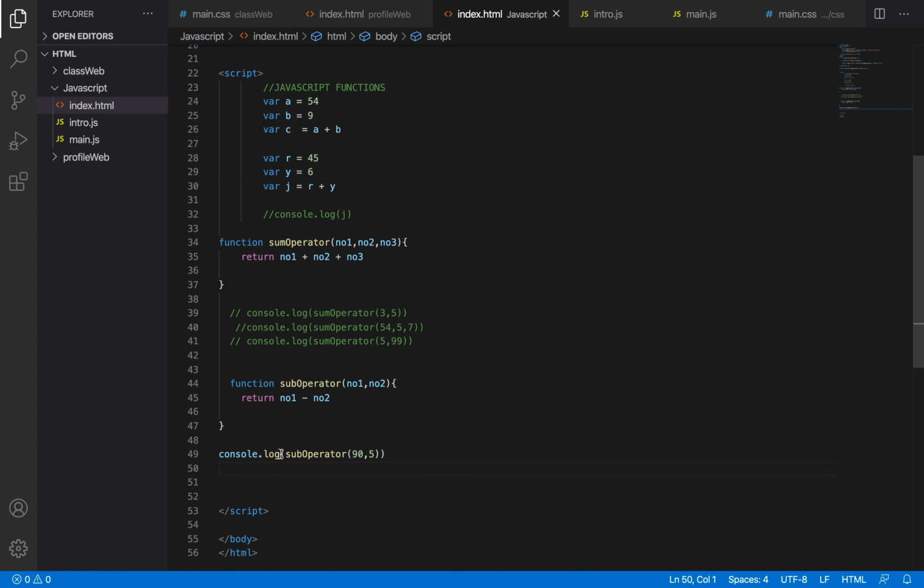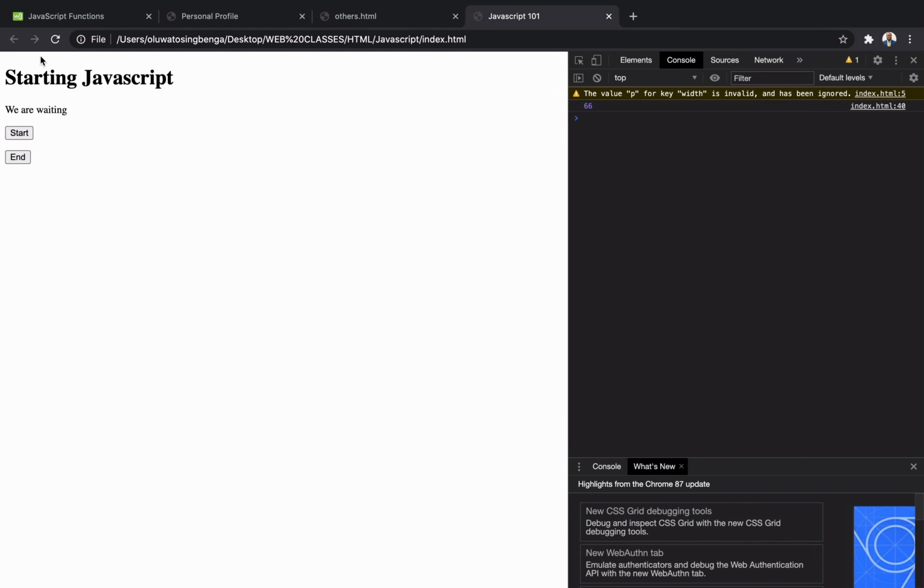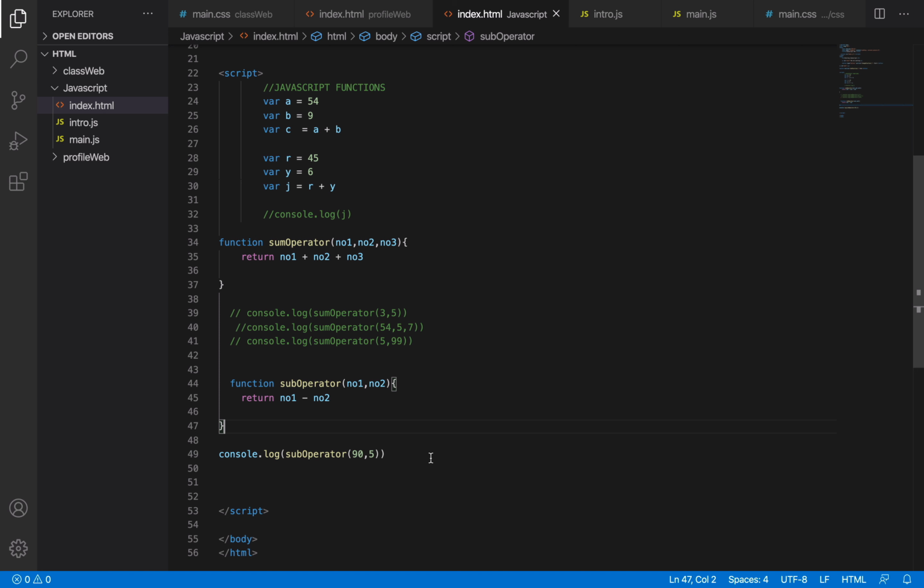Sum operator, as I've called the sum operator function. So if I click refresh now, you see 85. That is 90 minus 5. Then if I also want to do a function,